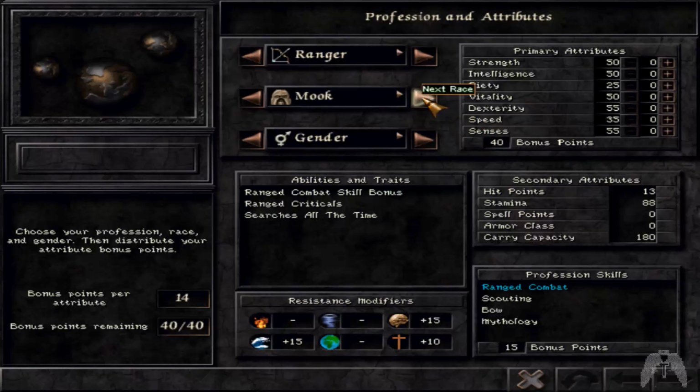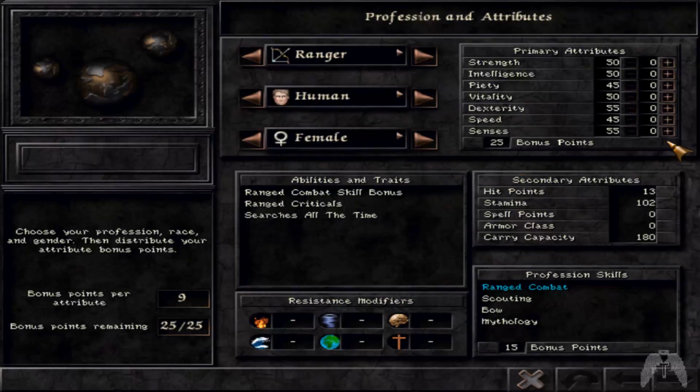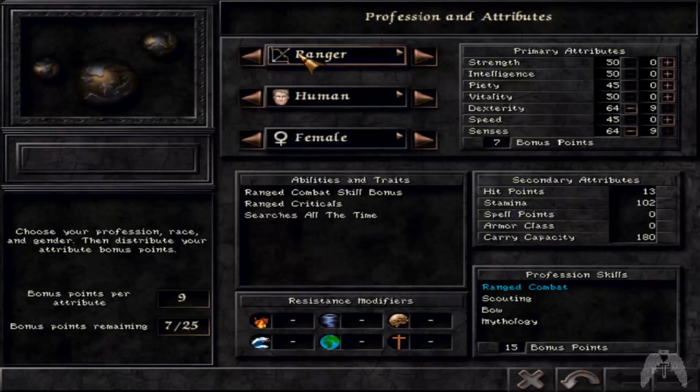I know the Mook makes the best ranger, but there's a reason why I don't like the Mook class. I mean, the Mook race. You know what? Let's do a human. Female. Now their main thing is senses, dexterity. It's pretty much everything but piety and speed. But I like speed,